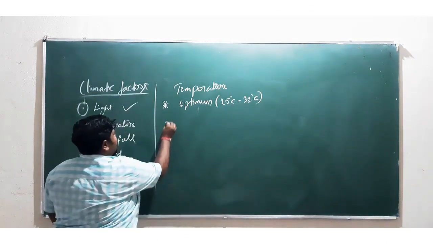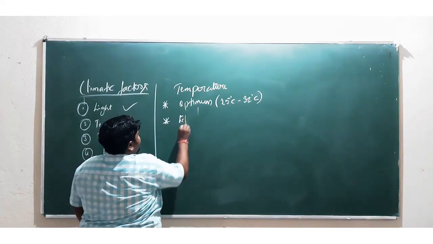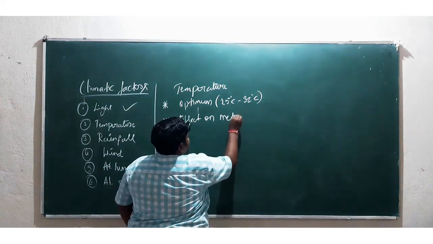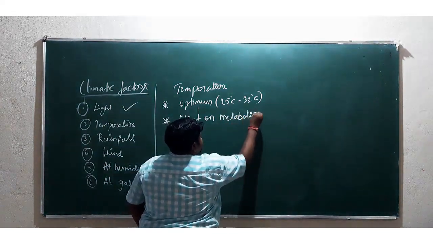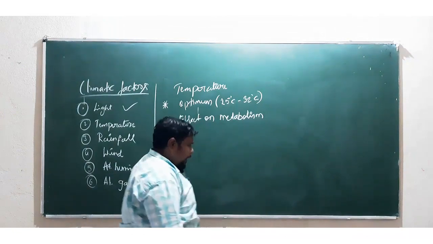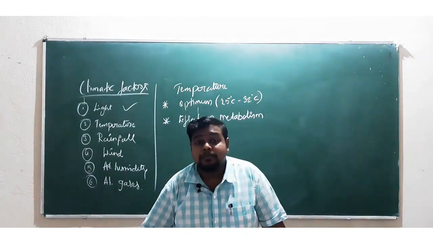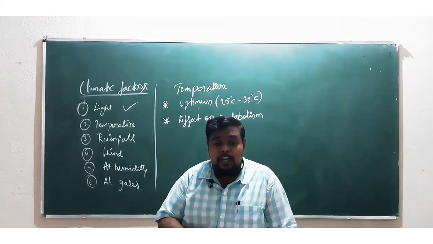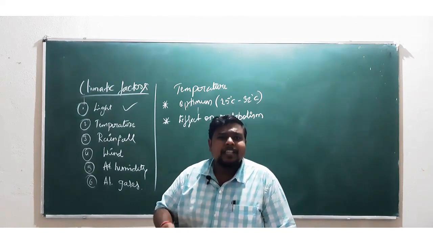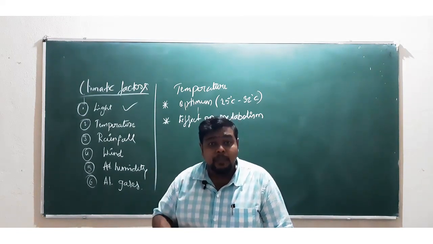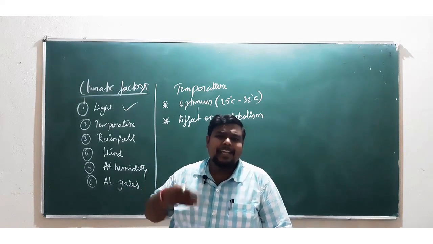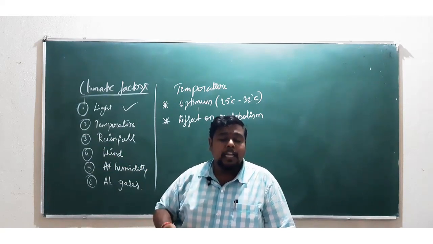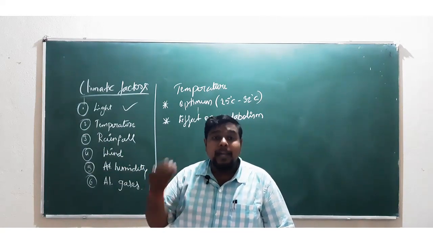And what is the next one? We can quote it as effect on metabolism. As we know, in a plant we have various metabolisms happening. There are so many pathways occurring in plant life that you would have learned in your second PUC also. It may be the C3 cycle, the C4 cycle, or the CAM pathway in certain plants, or the TCA cycle, glycolysis. All these cycles or various other metabolisms happening in a plant require a proper temperature.